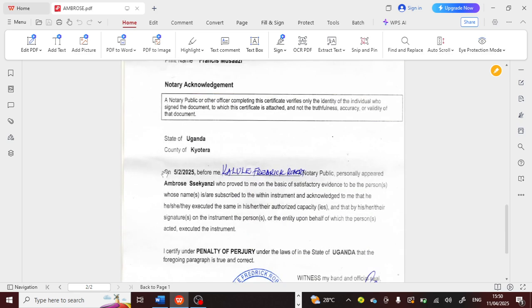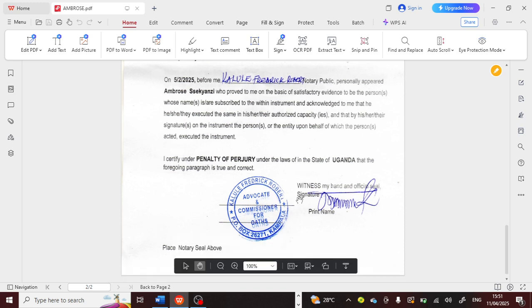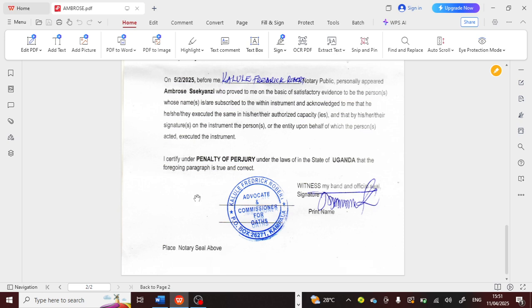this part here, down here on the date I've received the affidavit before me. Of course, this is where the commissioner is going to sign. The commissioner or the advocate will sign for you, read through this, and then stamp for you. So the most important thing is this stamp. The moment those guys at Deriv see this stamp and the signature of the lawyer, they automatically verify